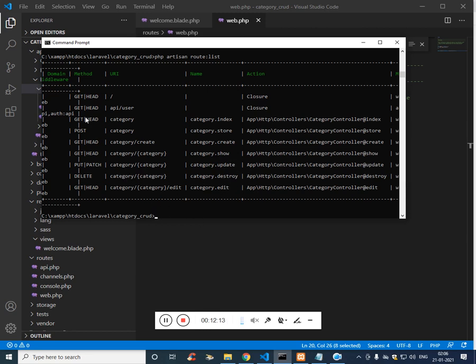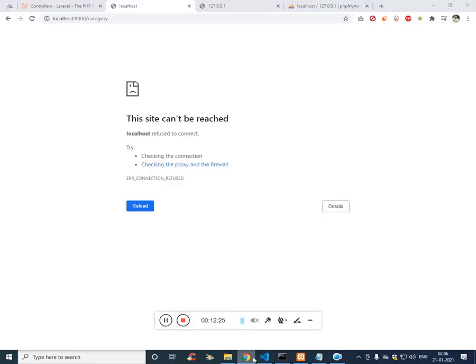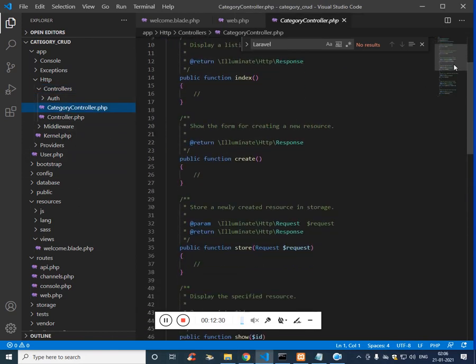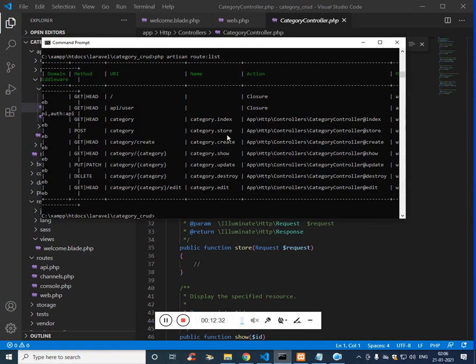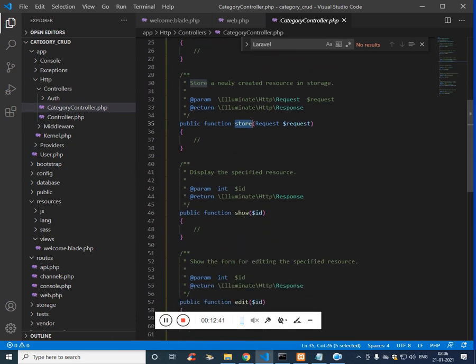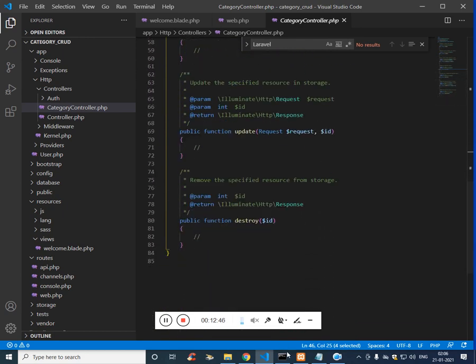Fine, we'll look at each function one by one in this particular video. Just a quick note, this is really important. The very first thing we are going to do is see on the category controller, whatever is mentioned over here, index, store, create, show, update, destroy, edit, is already available here. If you see index, create, store, show, every function is available what we see here.